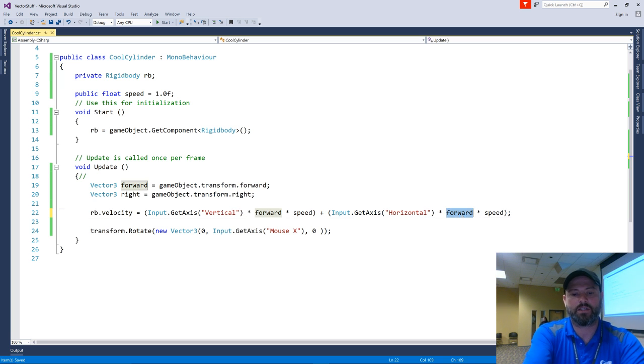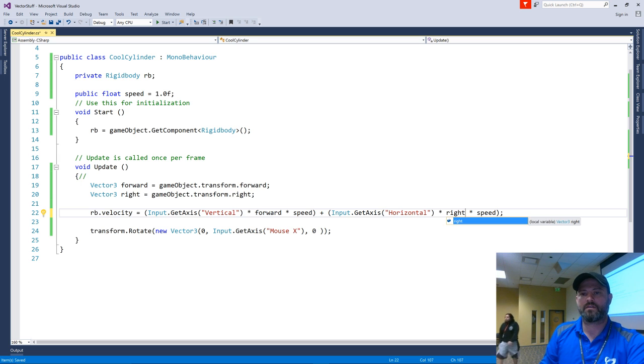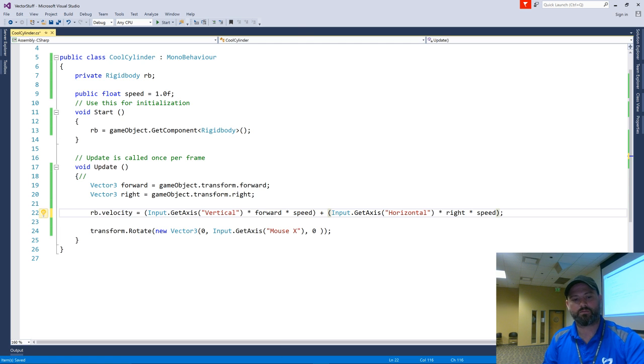This is going to be right. Is that correct? And then gravity's not going to work on this right now because I have to put that back in, but I don't need it to work right now.